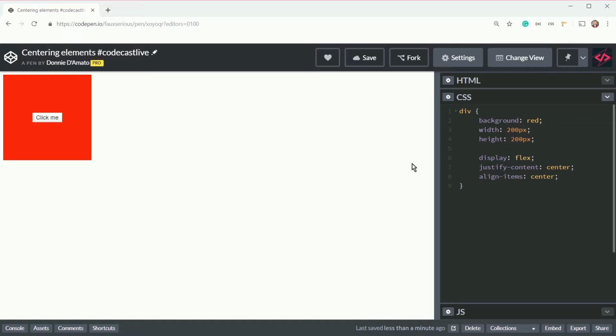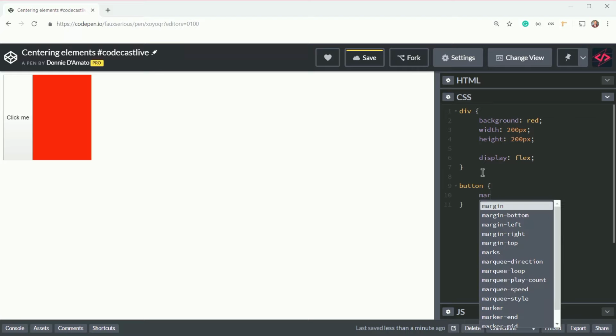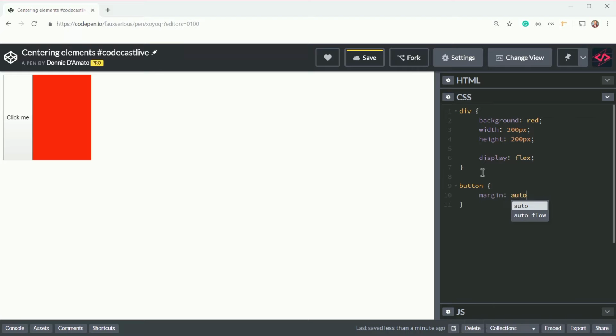which is great, but if we wanted to go ahead and do a different way, we can actually center the button another way using flex. So we're back to our almost original state, but I've kept the display flex on for now. And what we can do here is we could say button and then margin auto. And again, margin auto in this particular case is actually affecting an automatic margin around all four sides of